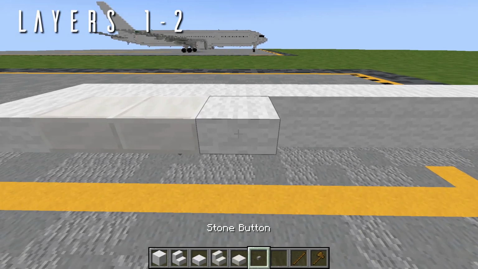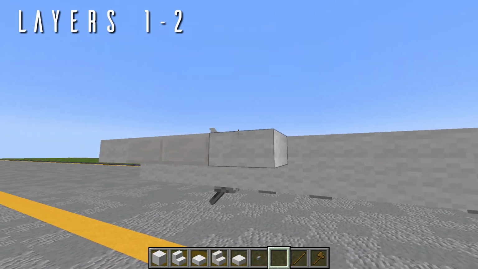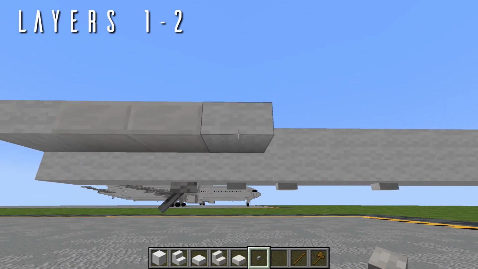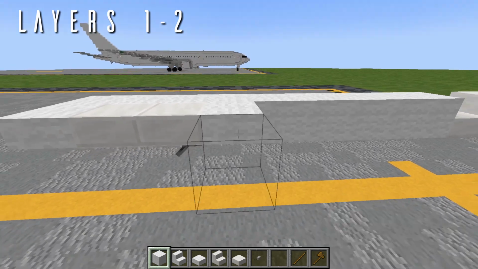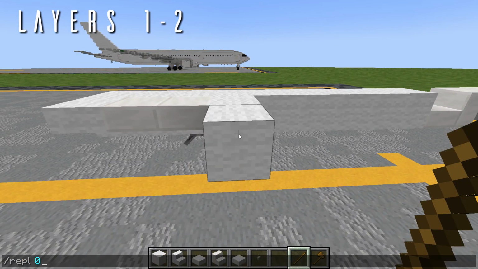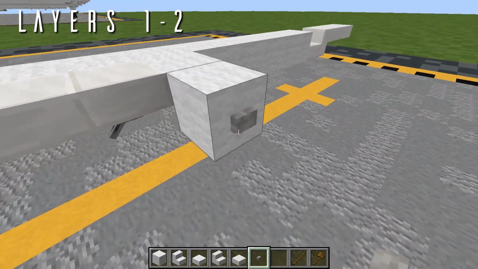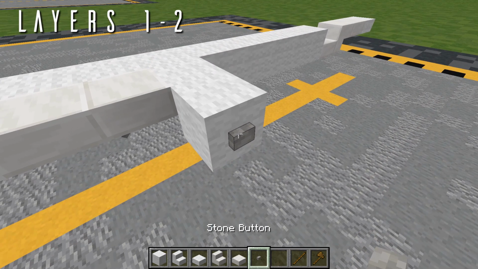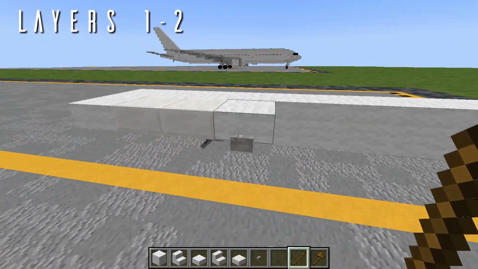Next, we're going to grab a stone button, and we're going to place a stone button on the side of this top slab right here. Now, as you may know, in vanilla Minecraft, it's not possible to place buttons on transparent blocks such as half slabs. So for this, we're going to be using a mod called World Edit. So, we'll place a temporary block out to the right side right there, grab a stick or any old item, type the command /repl 0 to switch this over to the replace tool. Next, place a stone button on the right side of this block right here. Back to your stick, select that stone button by left-clicking on it right there, switch to a different item to clear it out, then back to the stick,